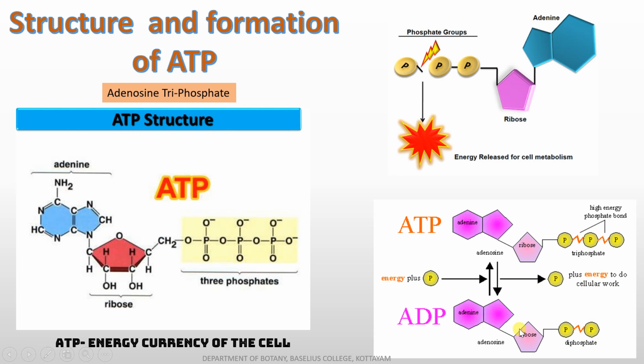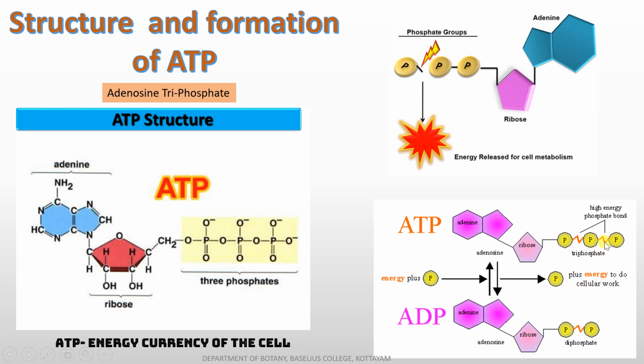Cellular metabolism requires energy for several reactions. Such reactions are known as endergonic reactions. So, in order to carry out endergonic reactions, energy must be supplied. In these situations, the ATP molecule breaks down to release this excess energy.